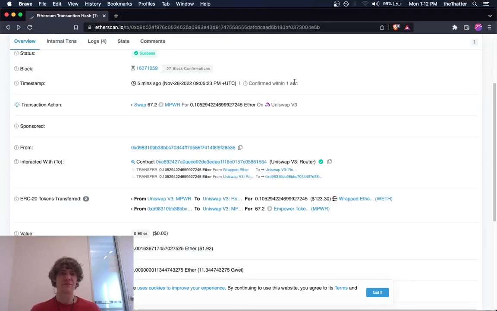So we'll go back here. It shows the contract that you interacted with. This is a Uniswap router, and these are the different functions that it did. So it transferred this Ethereum from wrapped Ethereum to Uniswap, and then from Uniswap to this person's address right here. You can see same address. So you're swapping these tokens,